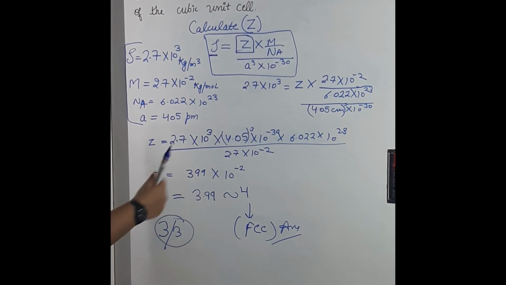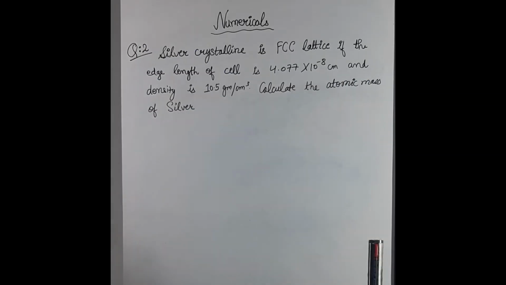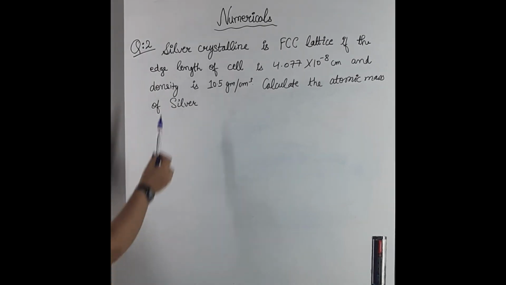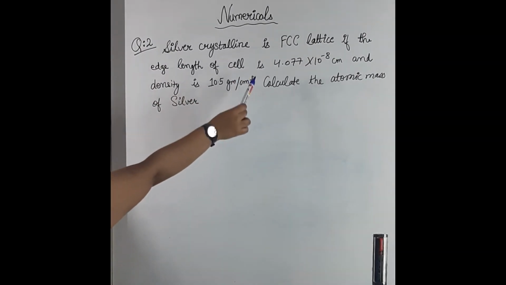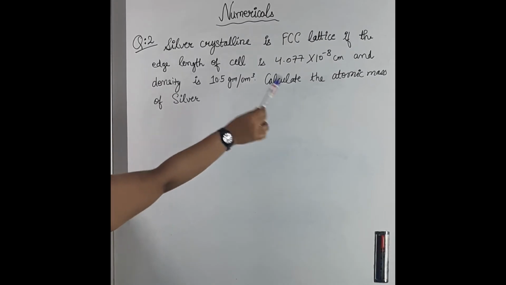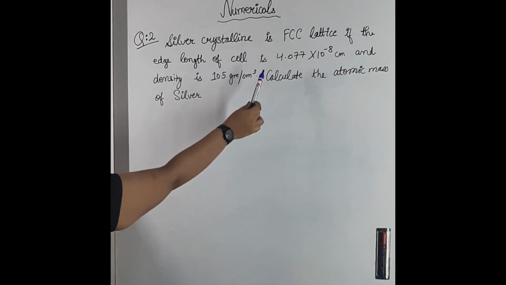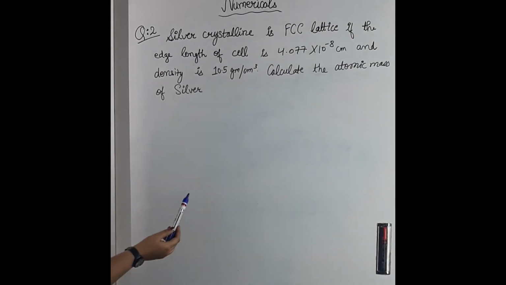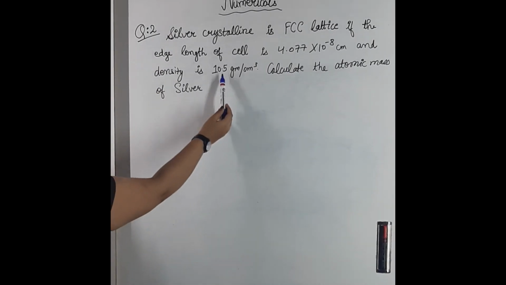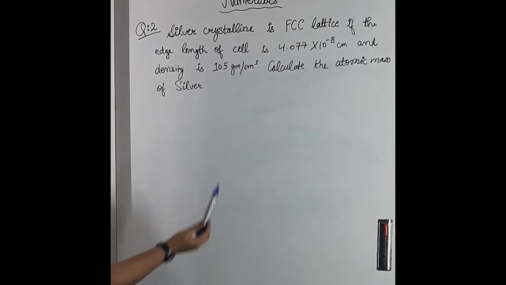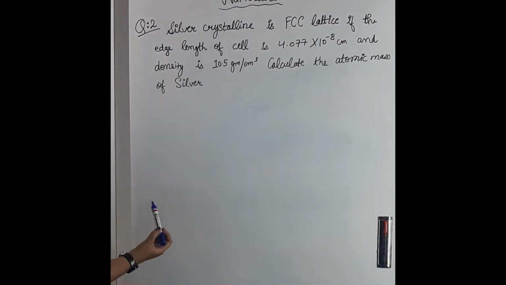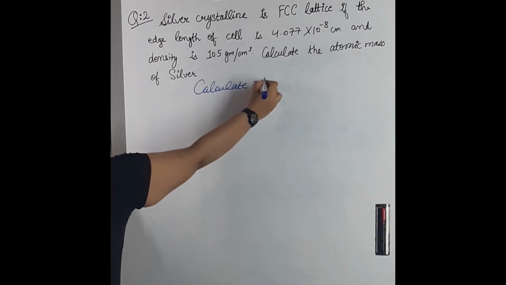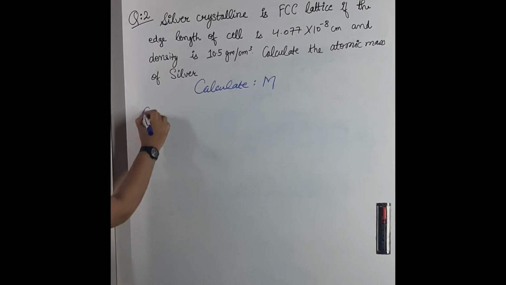Numerical number 2 we will do now. Numerical question 2. Read the question, students. Silver crystallizes in a face centered cubic lattice. If the edge length of the cell is 4.077 into 10 raised to power minus 8 centimeter and the density is 10.5 gram per centimeter cube, calculate the atomic mass of silver. So here you have to calculate atomic mass, that is m, and here the given part is